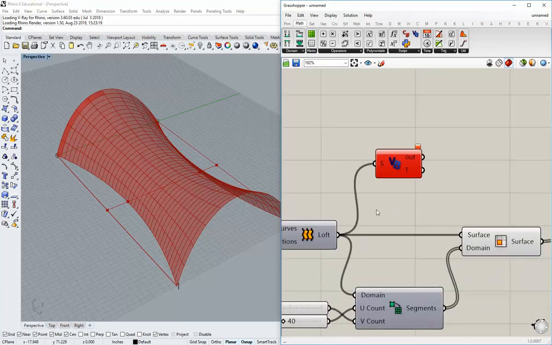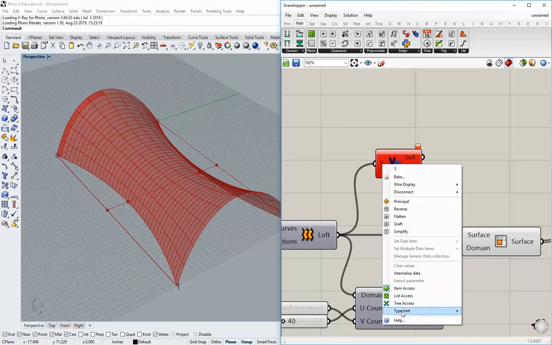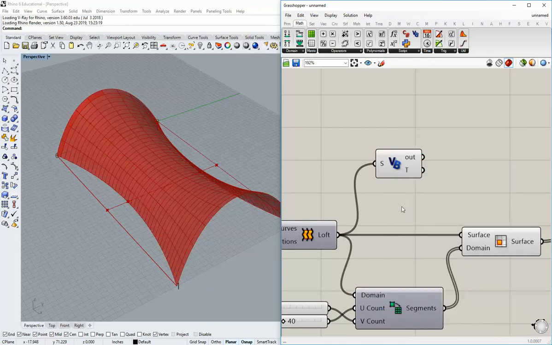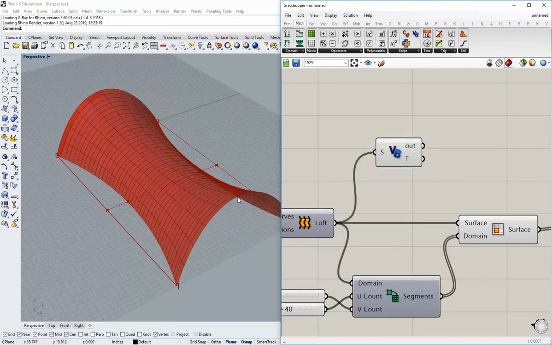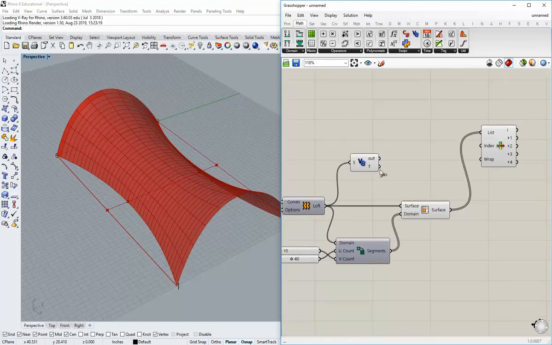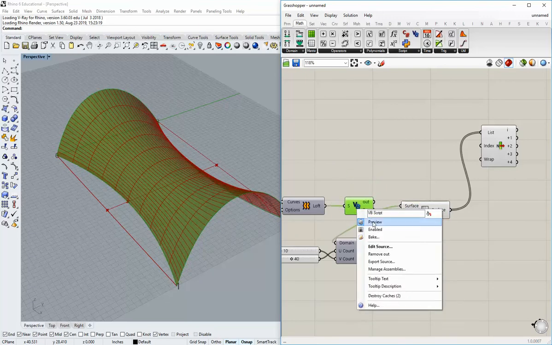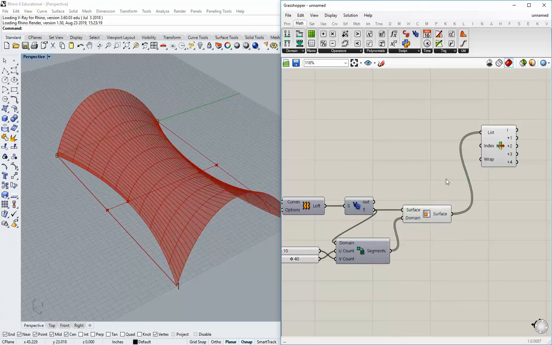And now if we plug in our S input, oops, something went wrong here. One second. Right, there's one thing that I forgot to do, which is to right-click on the S here, and we have to give it a type hint so that it's looking for a certain kind of data input. It's looking for a surface, but right now it doesn't know that, so we can go down to type hint, choose surface, and now that should go gray, and we're drawing a new surface here. So now if we plug in and replace that loft into both of these inputs, and let's turn off the preview for that VB script,